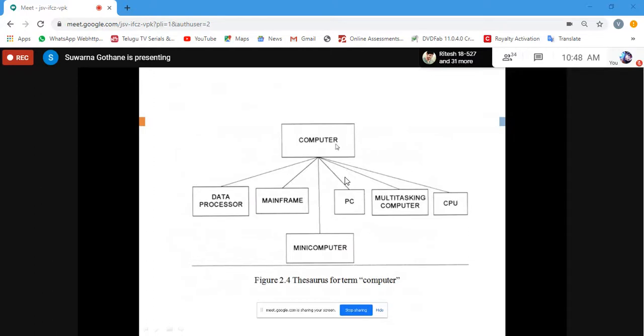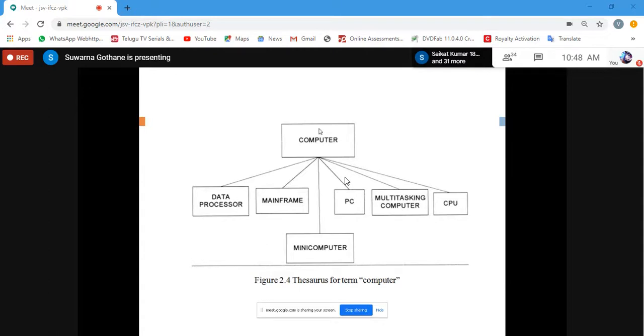So computer may have in its dictionary various entries, or information retrieval systems will use in the dictionary various meanings for computer: data processor, mainframe, PC, multitasking computer, CPU, minicomputer.